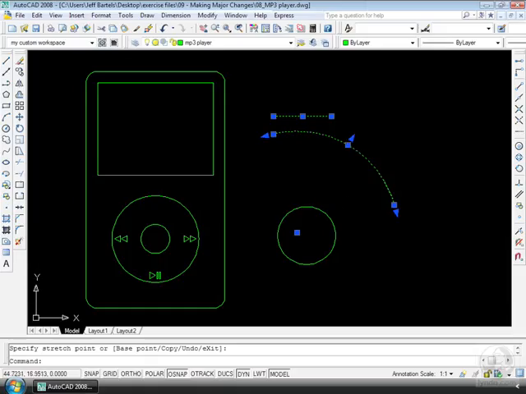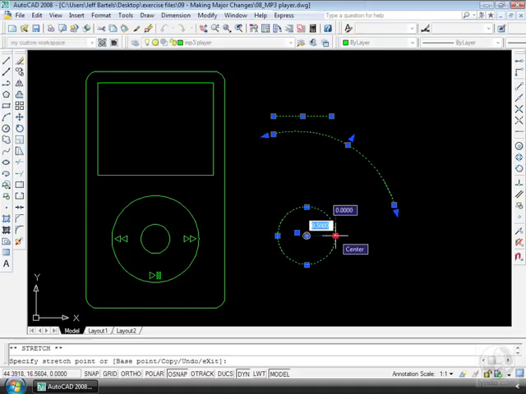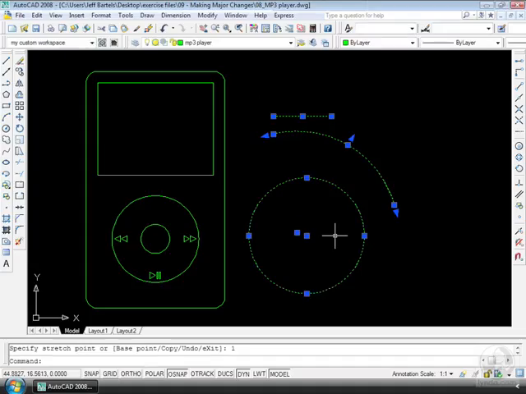Let me come down. We'll click the circle. I'm going to move over this grip and click. I get a field representing my radius. If I hit tab, I get a field representing the amount of change I want to make to my radius. Let me tab until I get to the measurement that represents the full radius, and I'm going to set this to a radius of 1. Let me type in 1 and hit enter. That circle now has a radius of 1. Let me hit my escape key once again to clear the grips. Now, as I mentioned earlier, we can use the grips feature to do nearly